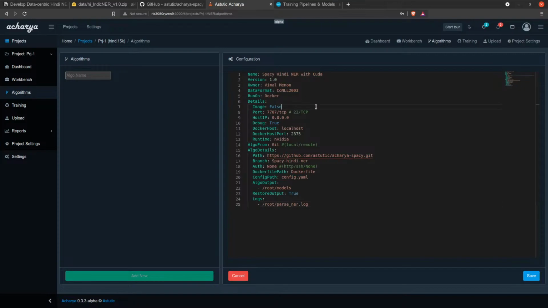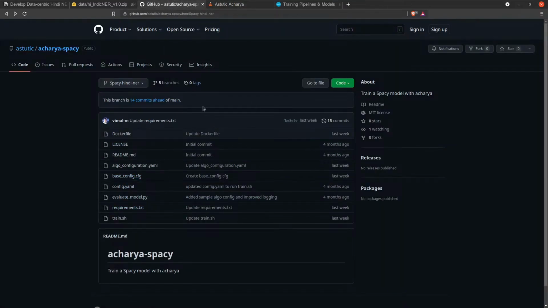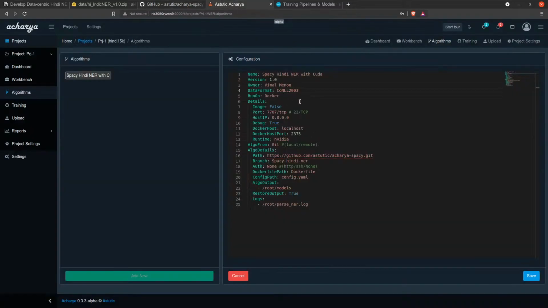So I've told that once you upload data in Acharya, Acharya can convert the training data into any format which your algorithm needs. So if your algorithm is trained on an IOB or IOB2 or IOBES or BILOU or kernel 2003 or a JSON-L or maybe a TSV, you can ask Acharya to convert it. So here the Acharya SPACY code which is written here, it's expecting a kernel 2003 data format. So here we are converting it to kernel 2003,